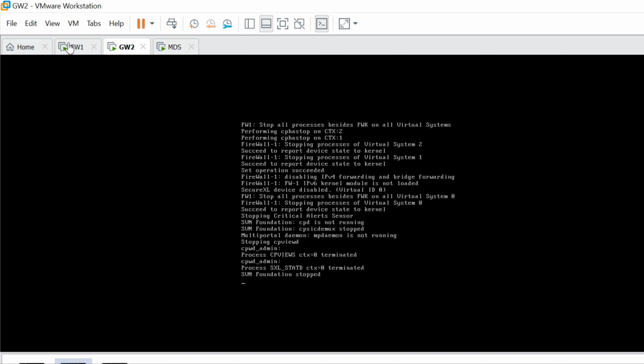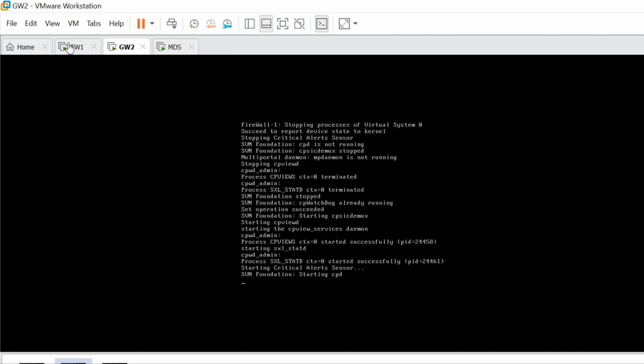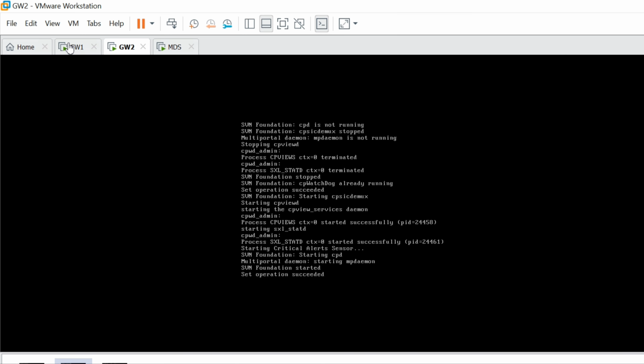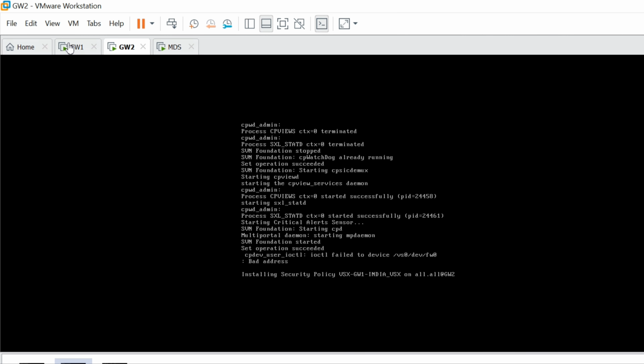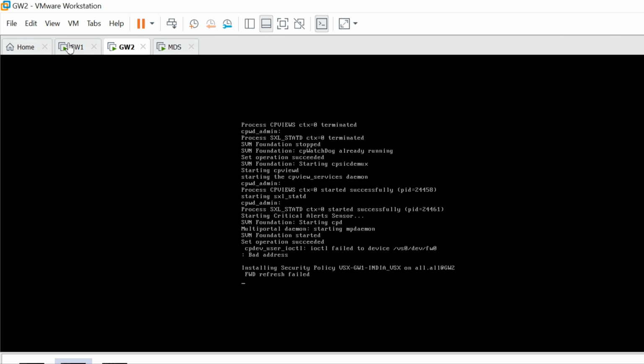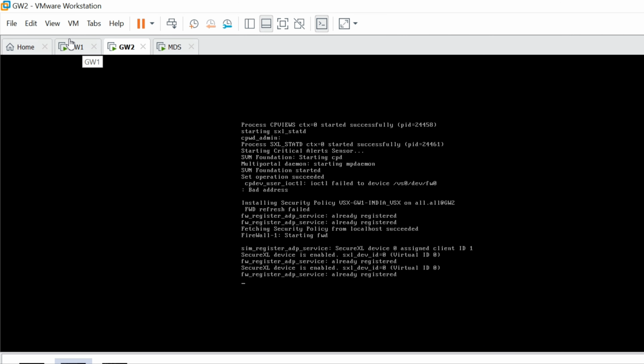Okay, installing the policy, fetching the policy. Let the policy get fetched. Installing the policy on gateway 2. Let the policy get installed.